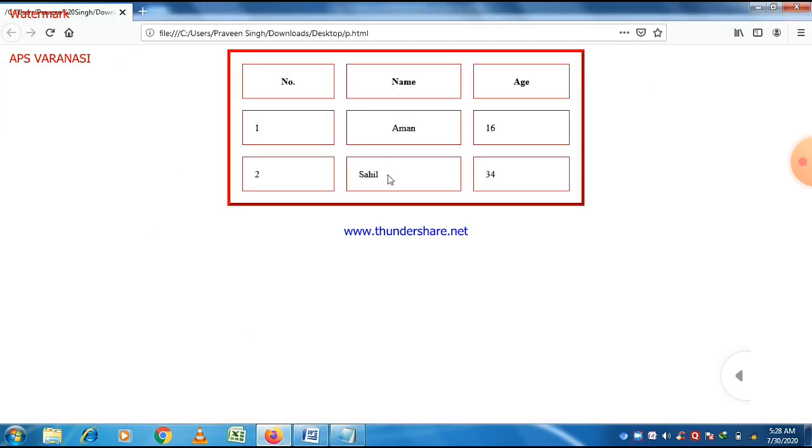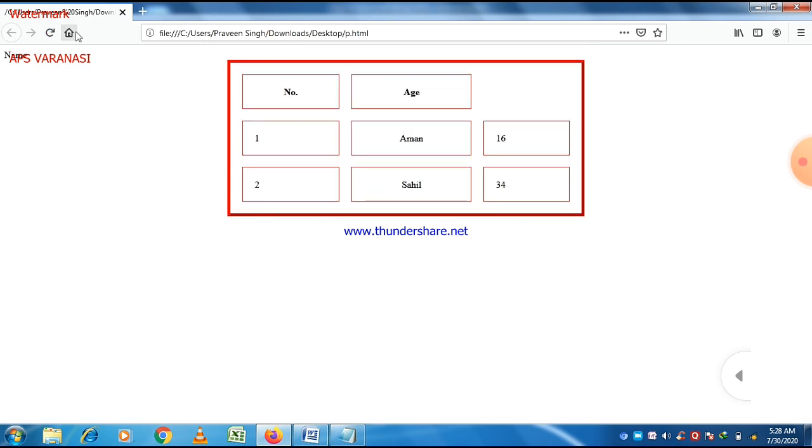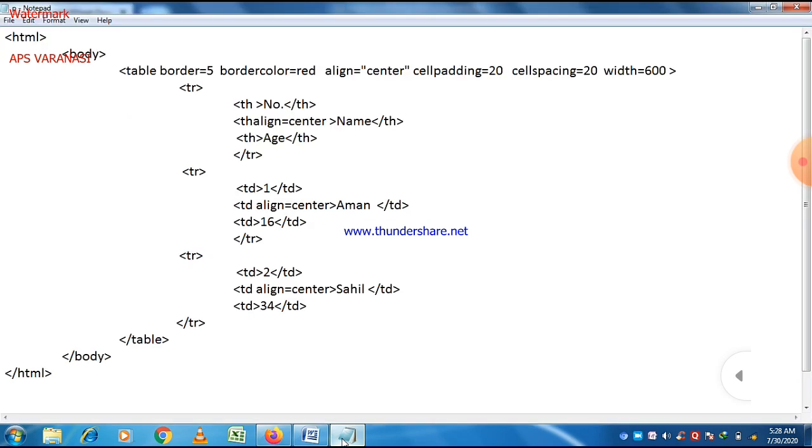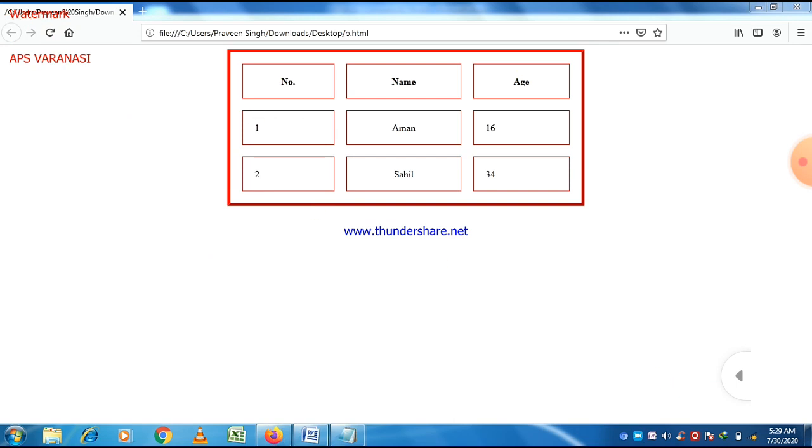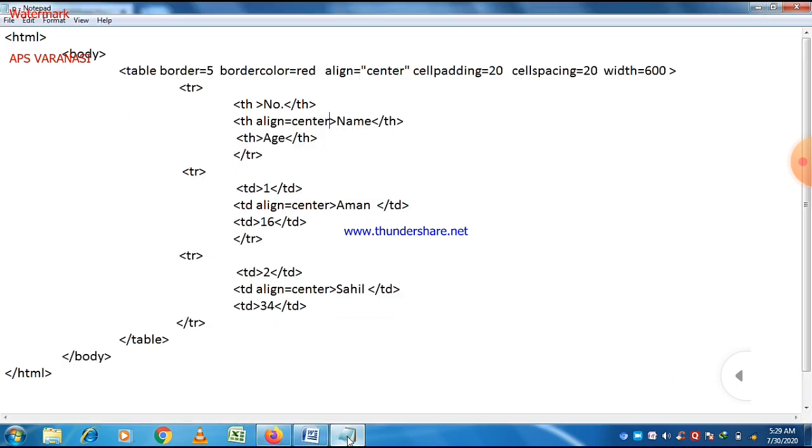Now you can see that some values are in the center, and there is a missing value because we made a mistake here. Okay, after th there will be some space. Now you can see that now it is correct.